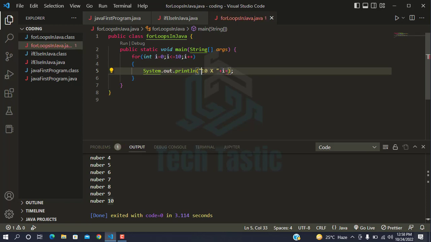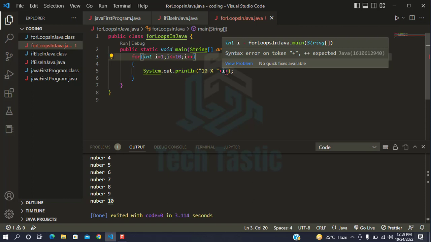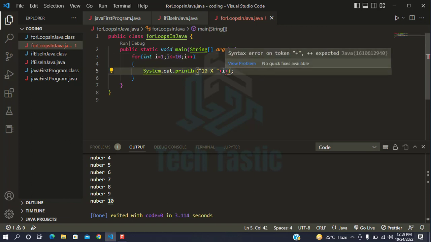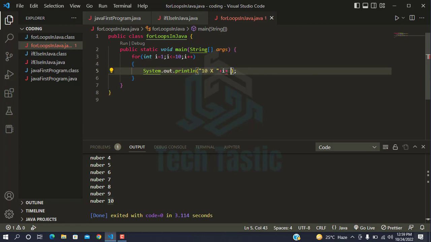if we write in the code 10 multiplied by i, it means that every time, for example, i will start from 1 and n equal to 10, because when we print tables we normally print from 1 to 10. So it starts with 10 multiplied by i, and then it will print every time the 10 multiplied by the numbers from the iteration. For example, first it will print 10 multiplied by 1, then 10 multiplied by 2, then 10 multiplied by 3, and so on. And now let's print